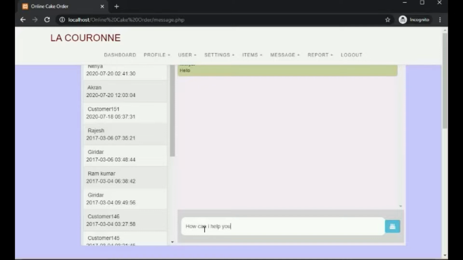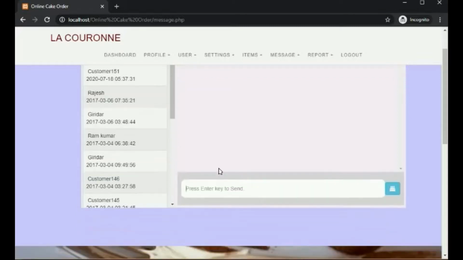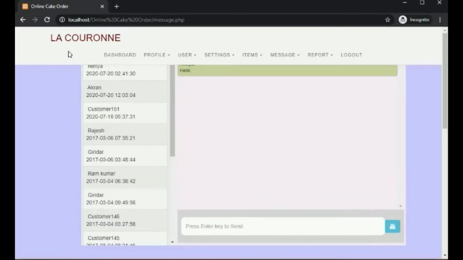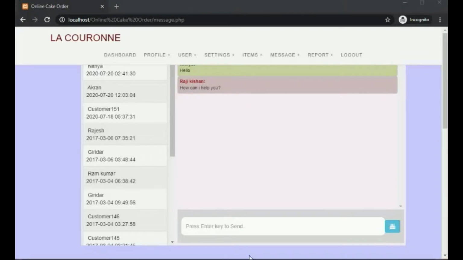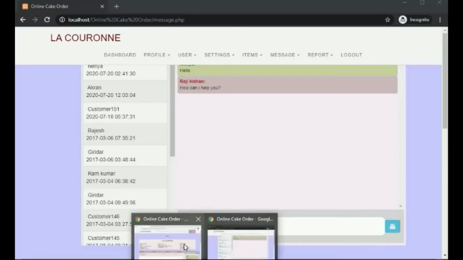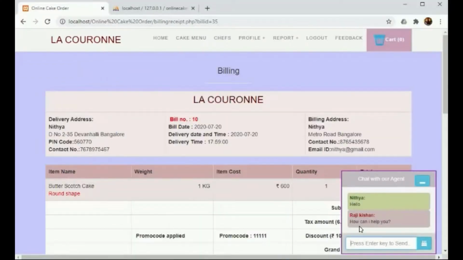Here staff send the message as how can I help you? We can see that the message from staff is delivered to the customer. Under customer, now customer can view the reply from the staff.